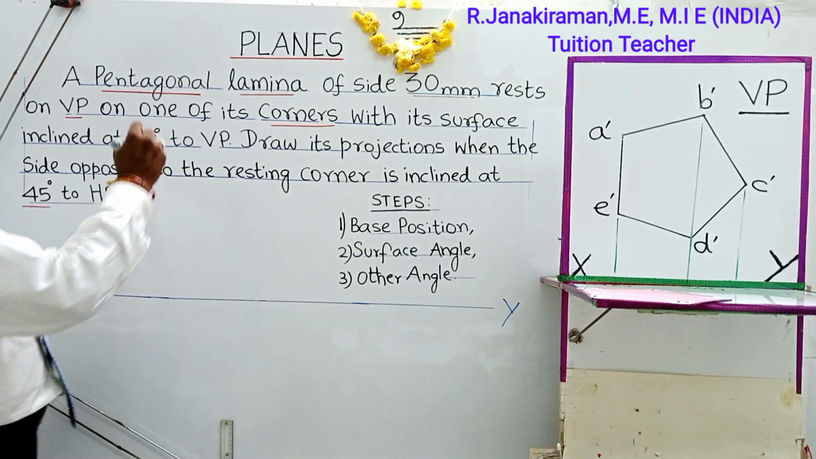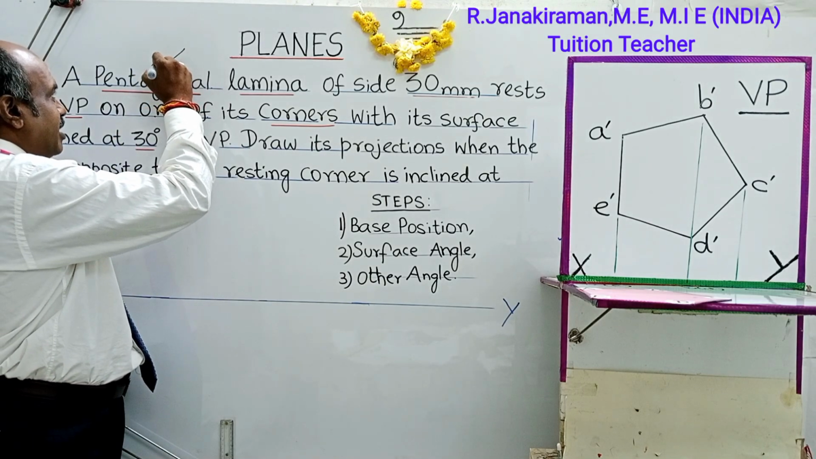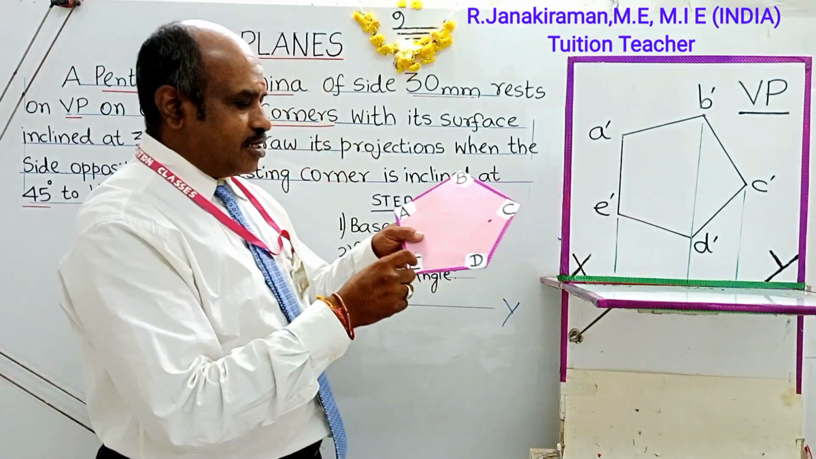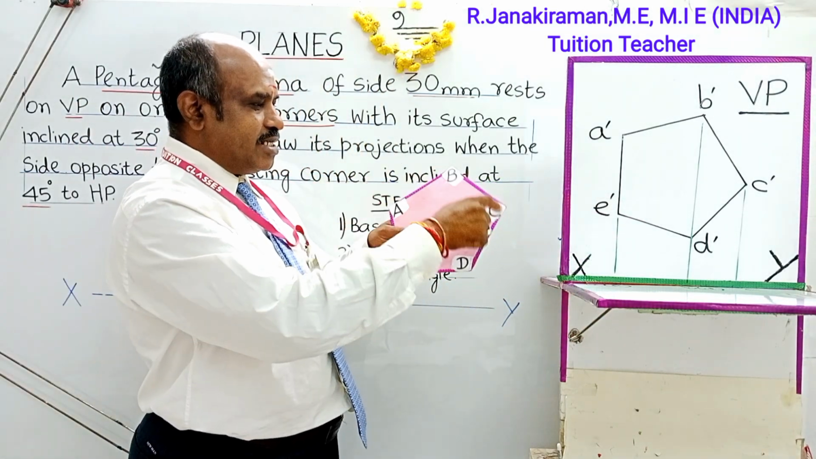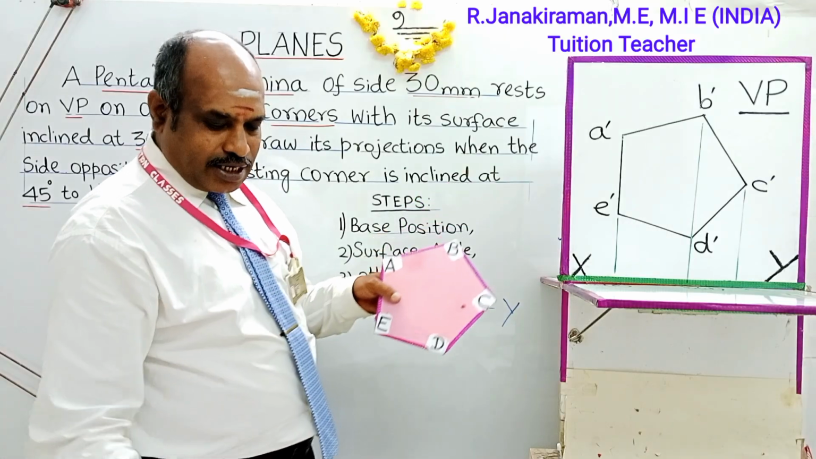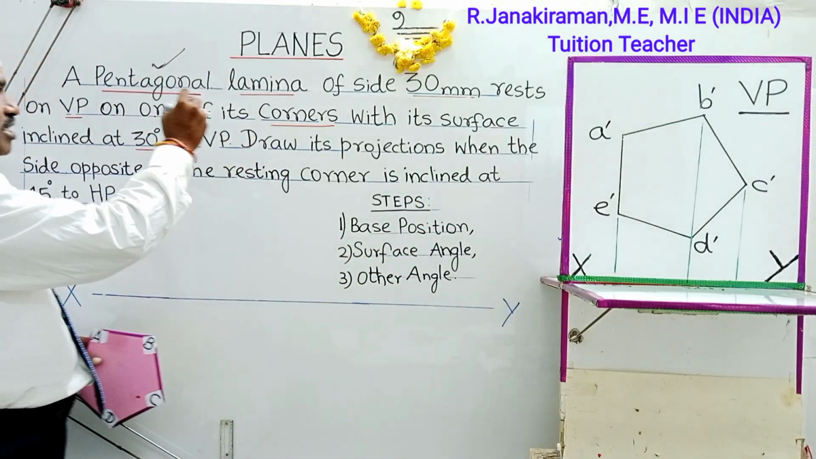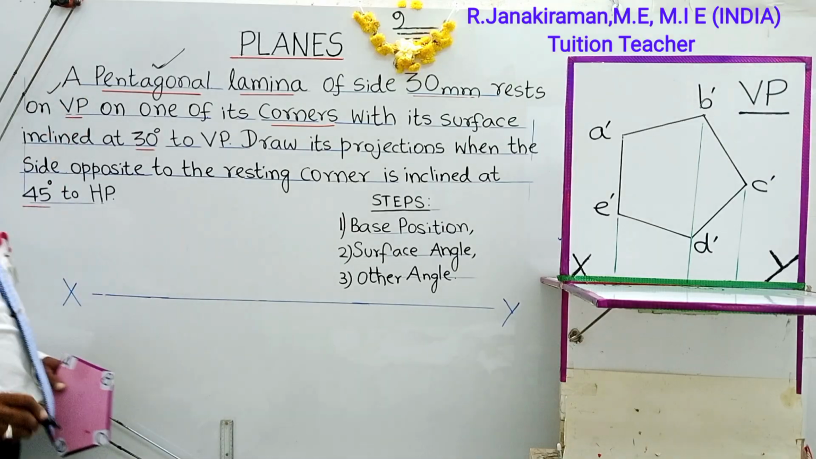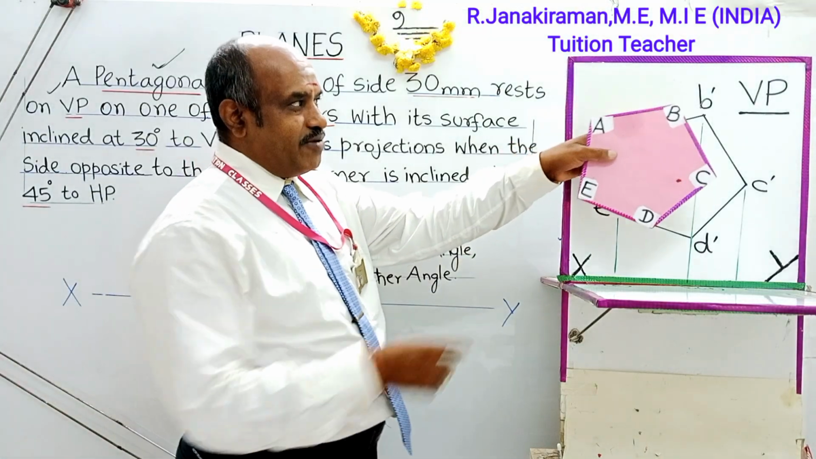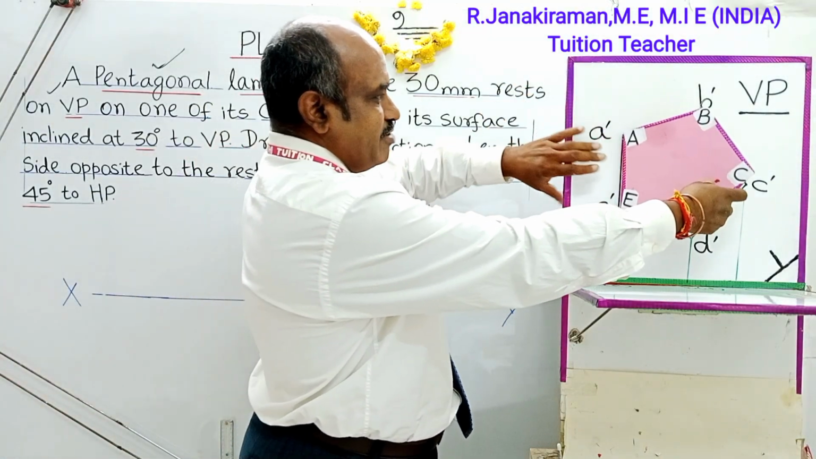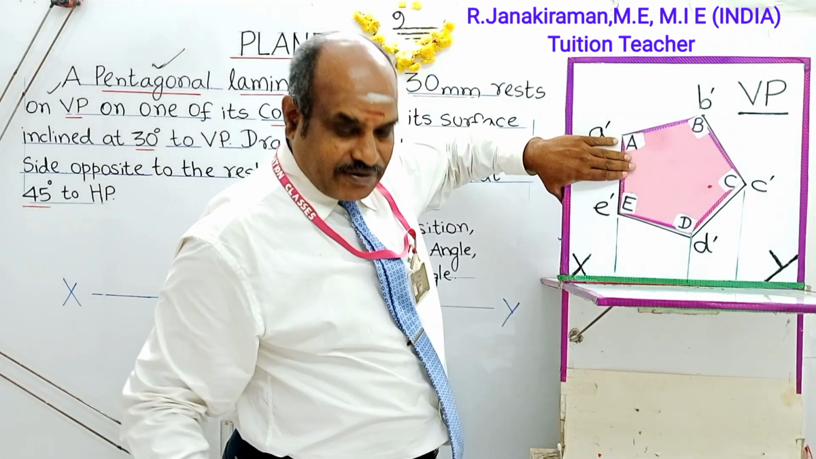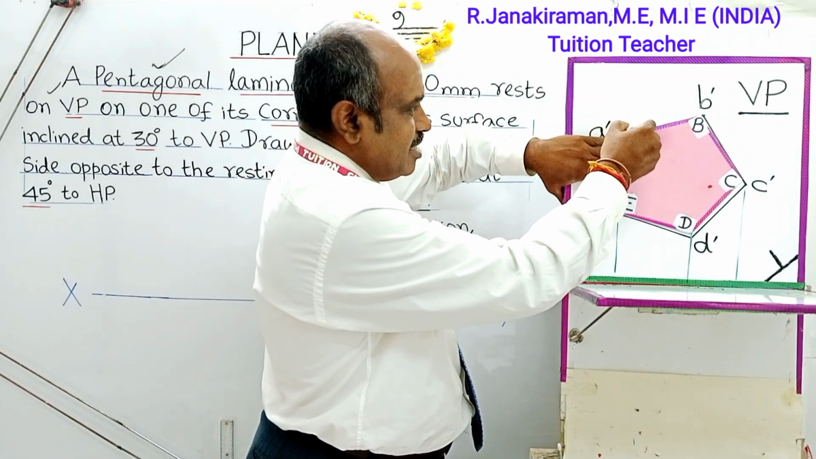The question is about a pentagonal lamina. A pentagonal lamina will have 5 sides. The corners are marked as A, B, C, D, E. Rest on which plane? Rest on VP. So assume the lamina is placed on the vertical plane VP like this. This will be the position of the pentagonal lamina, placed in such a way that the side AE,